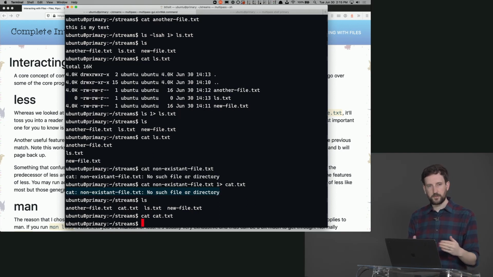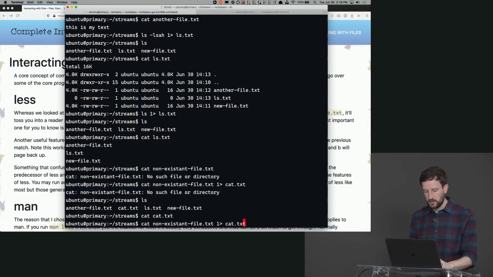Standard error is just for errors and things like that, so it's actually frequently useful to redirect standard out somewhere. This will be like all of your reporting and metrics and all that kind of stuff, maybe for your server, if you're running a server that way. And then you can redirect standard error somewhere else, and this will be like your error logs, right? And that's why they separate those two things out.